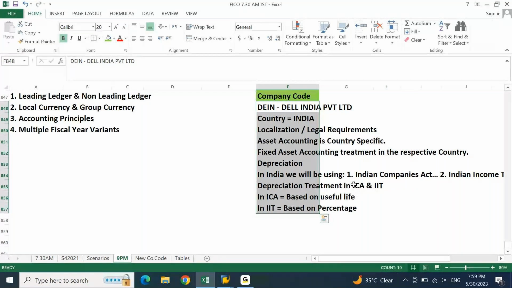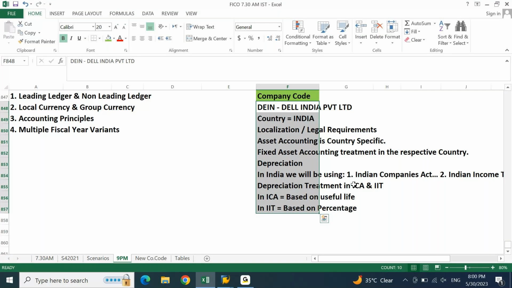Those reporting requirements you have to understand. If you do not know, you can Google it, because this is a country specific legal requirement, and you will get the same information along with all the depreciation calculation methods. Keep this information ready. Point number one, for your interview purpose. Point number two, to experiment with different scenarios.